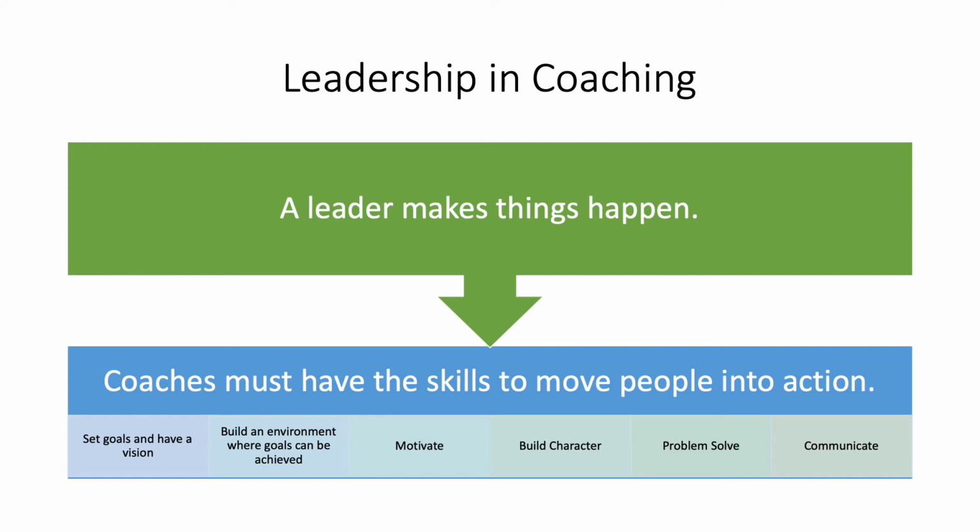It's also important to remember that goal setting seems like an easy thing to do, and that's not necessarily the case. Of course, your goal is to win, but it can't be your only goal. You have to learn to focus on outcome and make sure your athletes are moving in the direction that you want them to go as far as learning and developing is concerned. And then take those goals and create a vision and communicate that vision to everyone who's a part of the team. The goals of a team will normally evolve as the season progresses. So, as a coach, you may start off with one goal and it may be broken down into several parts, and you can use those parts to create the vision for your team.